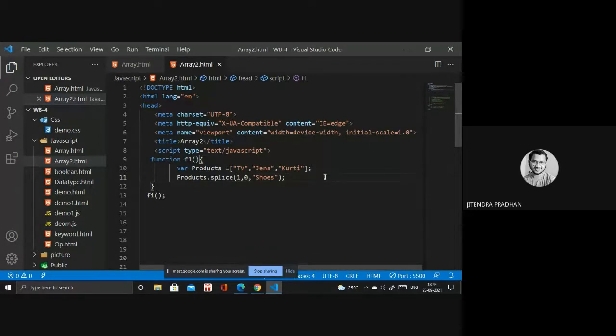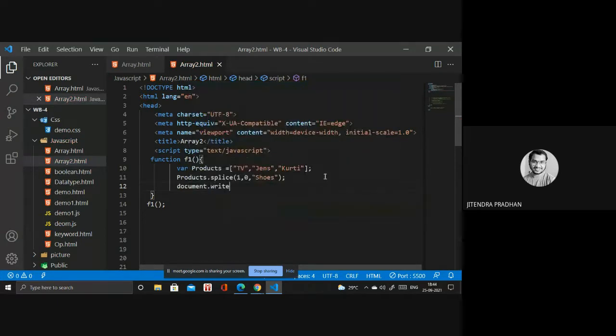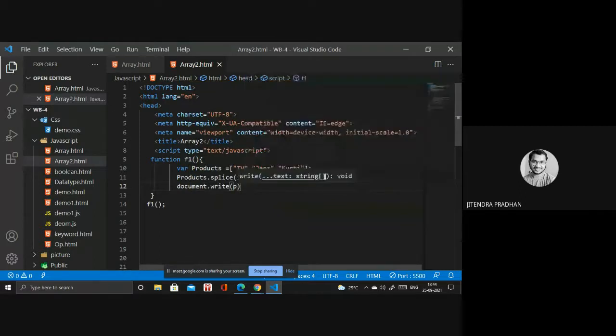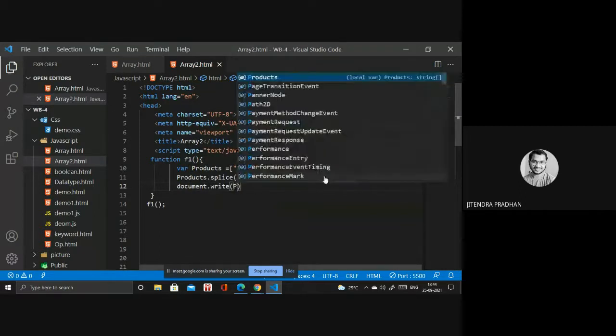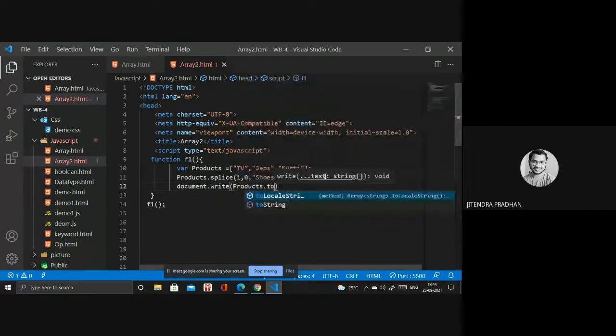Next I will print that one. You can print it with document dot write product. Sorry, it's not prompt. Product dot, we are using toString to print that one, right?